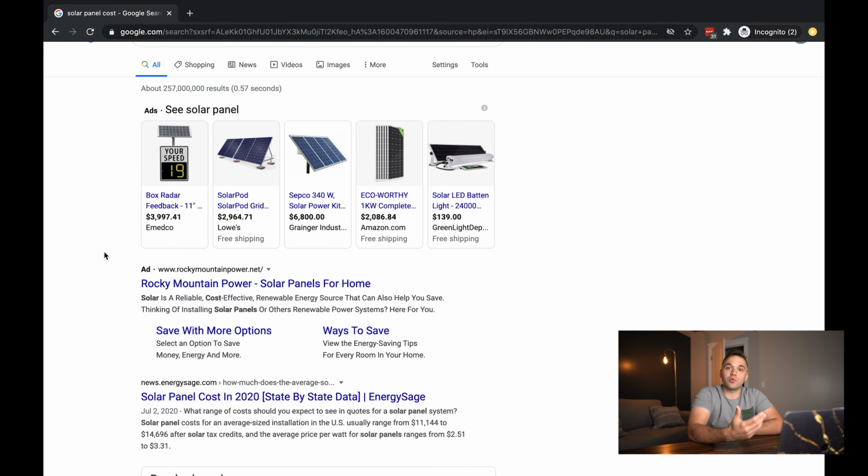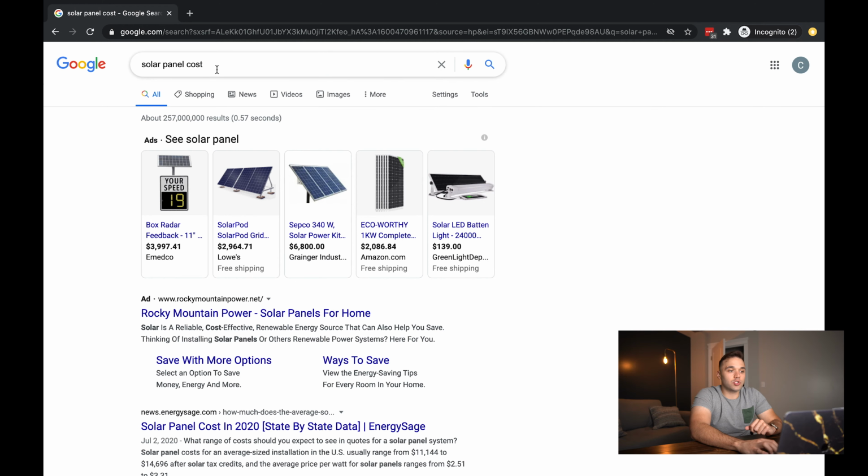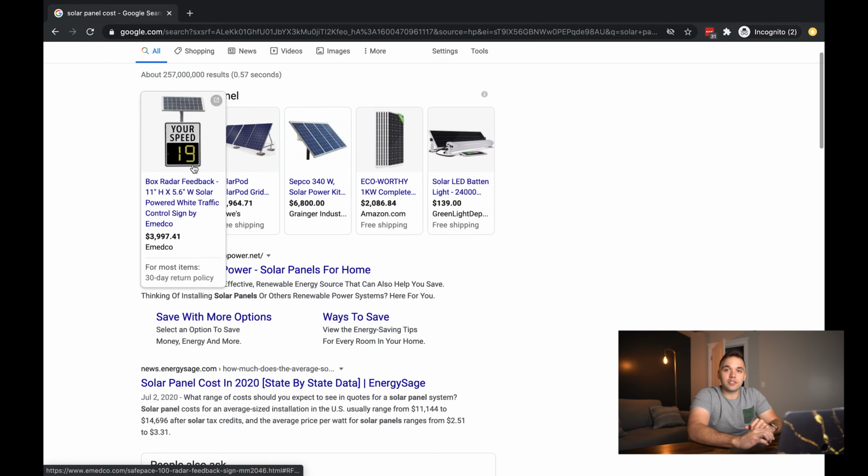The way that Google Ads works is that you pick the keywords that you want to bid on. Let's say the keyword is solar panel cost. Based upon how much you're willing to spend and the quality of your landing page, this essentially determines how much you spend per click to show up at the top.